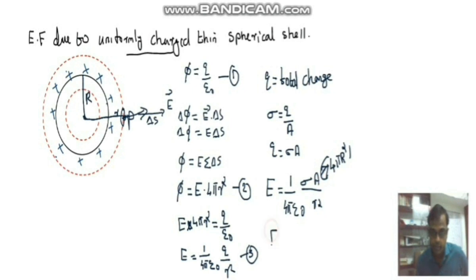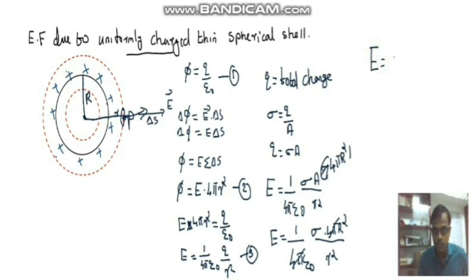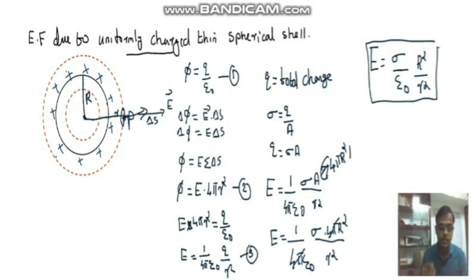So the equation becomes E is equal to 1 by 4 pi epsilon 0 sigma into 4 pi capital R square divided by small r square. The 4 pi cancels. So the electric field is E is equal to sigma divided by epsilon 0 into capital R square divided by small r square. This is the electric field due to a uniformly charged thin spherical shell